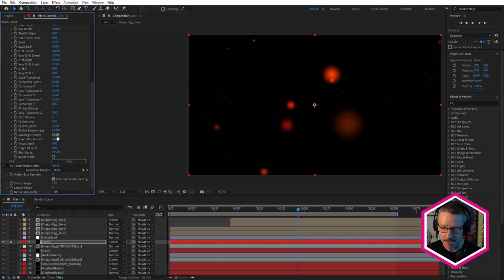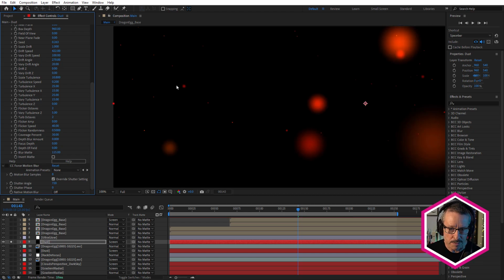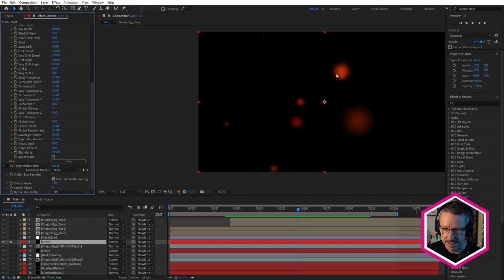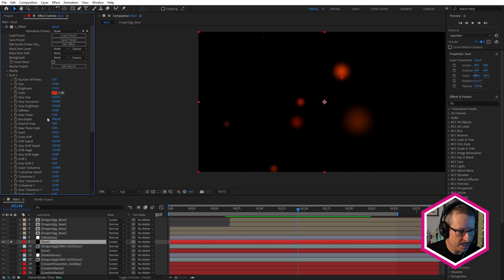If I bring that to 0, you can start to see more of them in the background. But with a high depth blur amount, you can see I've really got these ones in the foreground here. And I can adjust how many I see in the foreground by adjusting the near plane and also the near plane fade. So I can fade that in and out.